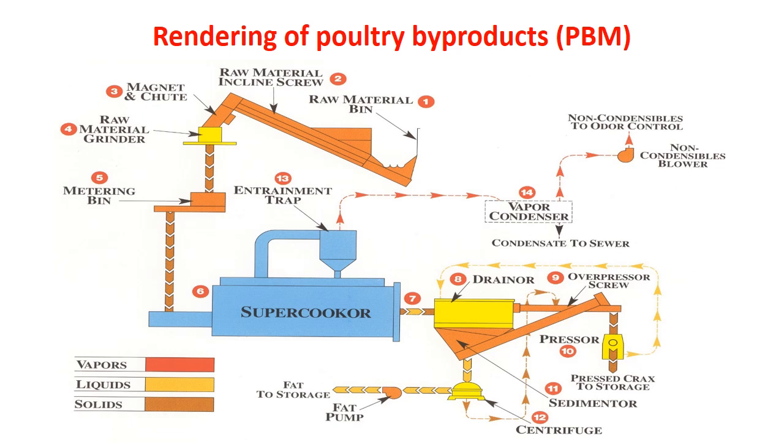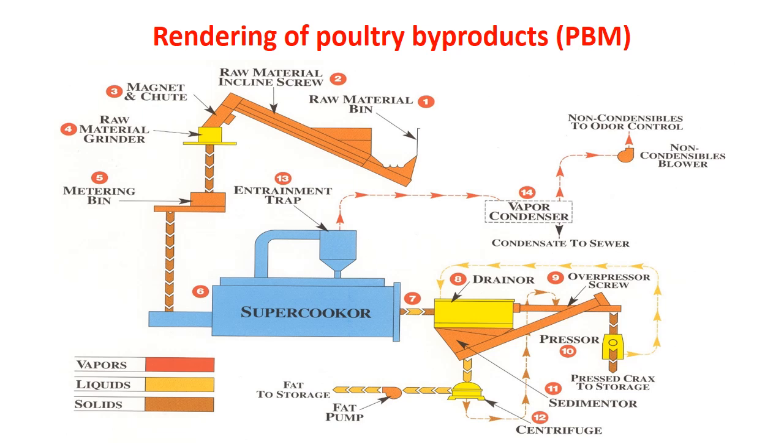So here all these byproducts will be loaded and processed step by step at a high temperature and pressure, and finally there will be a melting of fat, high pressure and temperature and sterilization, and after all the processing it will undergo dehydration by opening the valve,